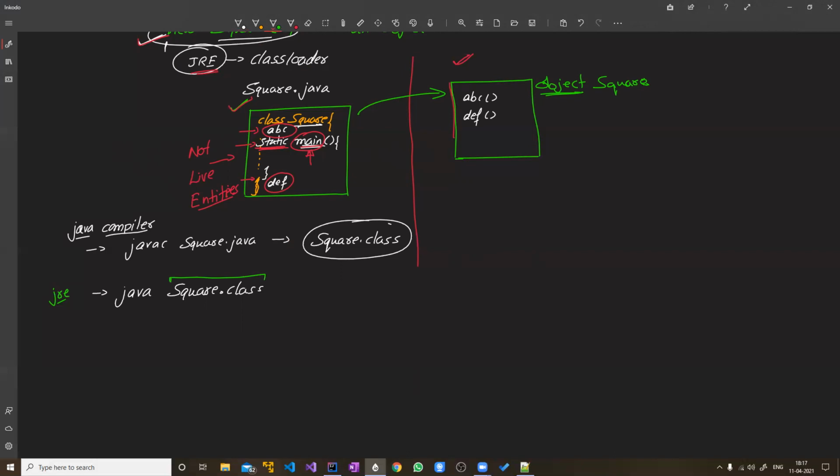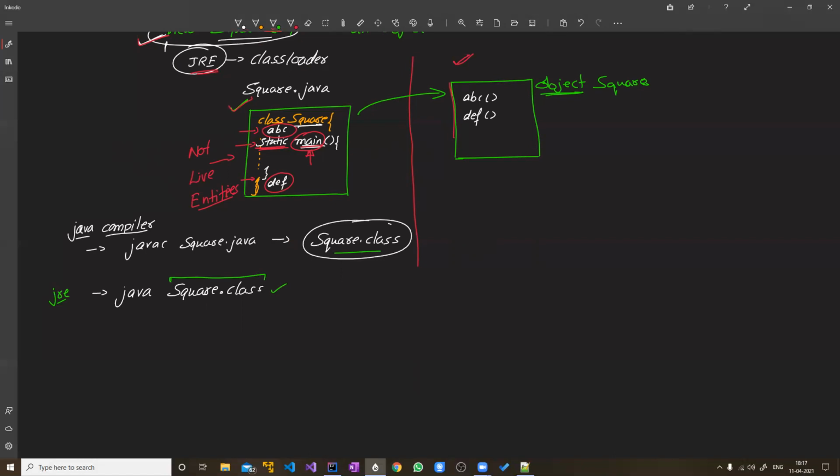You have written square.java in a language which you are able to understand. The machine doesn't understand it. That's why Java has given you a compiler which will translate your file square.java into square.class. And now this square.class has to be executed.